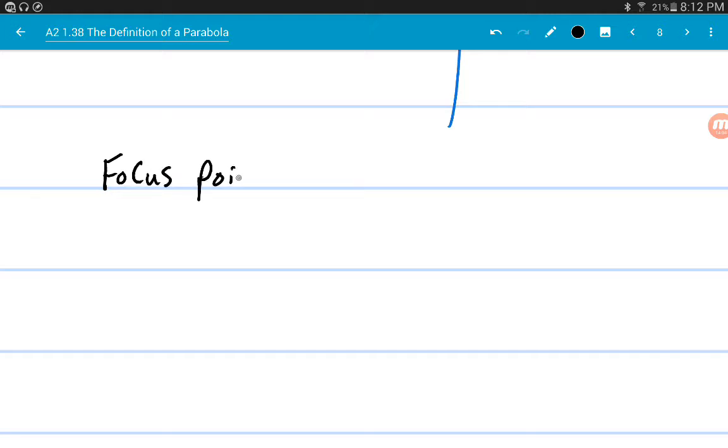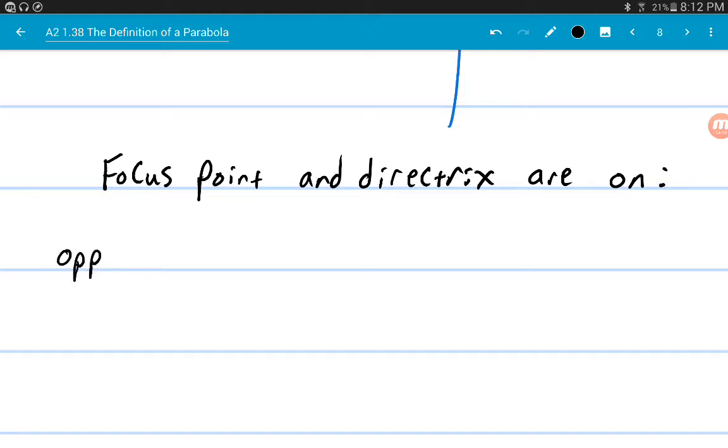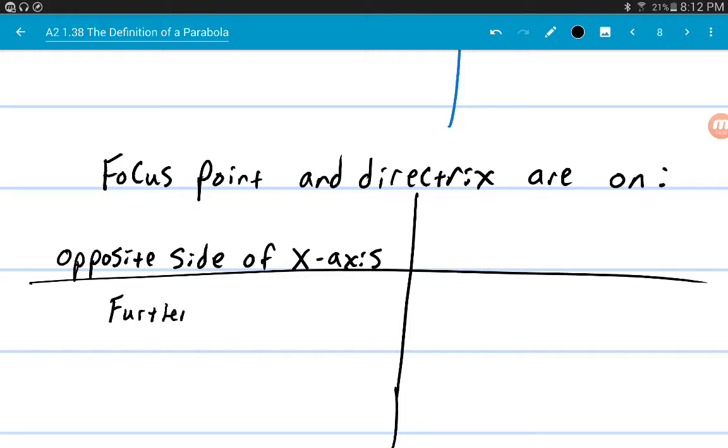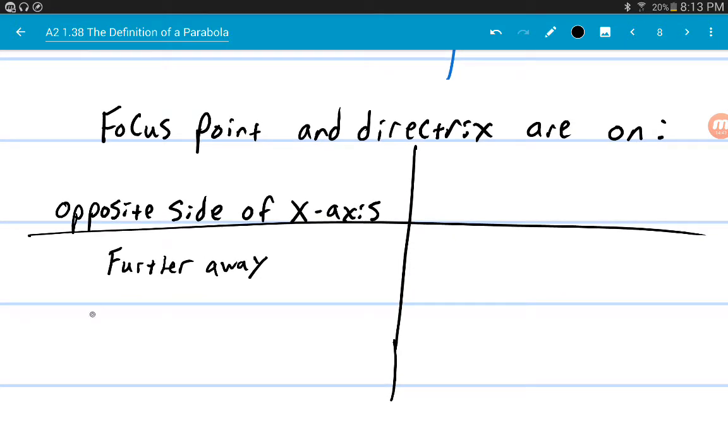If the focus point and directrix are on the opposite side, that means they are further. Right? They're further away. That makes sense, opposite side, so they're further away. That means the distance is larger,